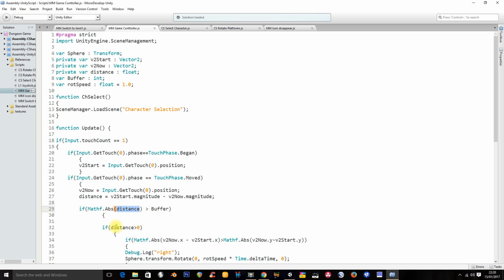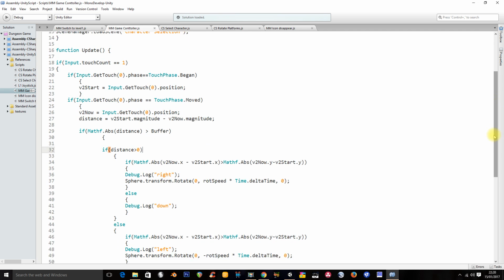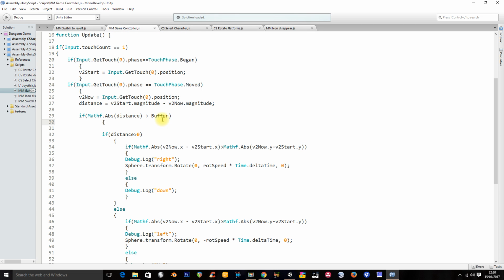Then we say, if distance is bigger than 0. So first of all, we have to be bigger than the buffer before we can progress, and now we're saying if it's bigger than 0. At the moment, they're both the same thing, but you can see that this might be a different number. If distance is bigger than 0,